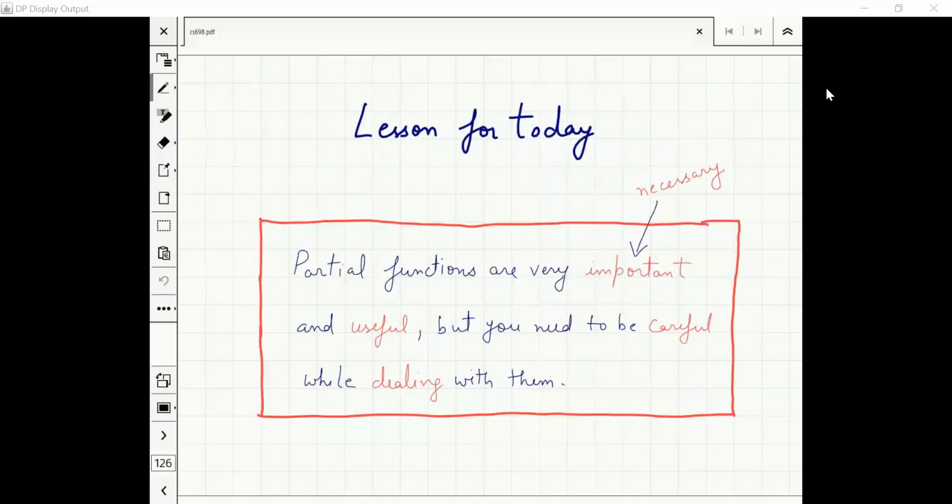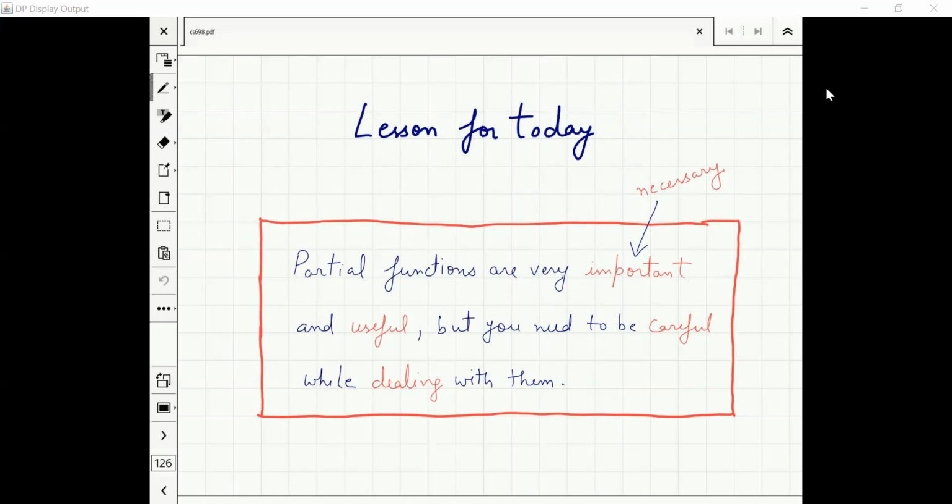Why are we talking about partial functions? They seem like total functions, just the domain is limited. We have looked at these functions for so long. What is special? The special point is, today we are going to see that partial functions are very important and useful. And actually, I have tried to convince you that there are clear examples where you have to take partial functions, and considering partial functions makes our understanding much better. Those I have already shown you.